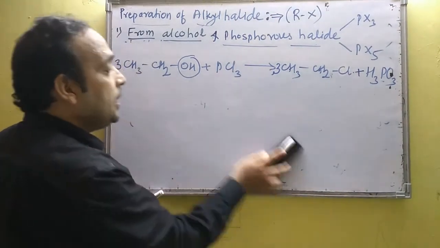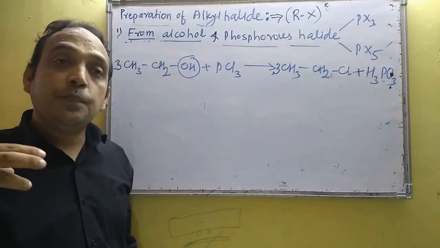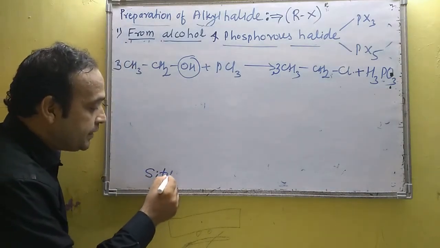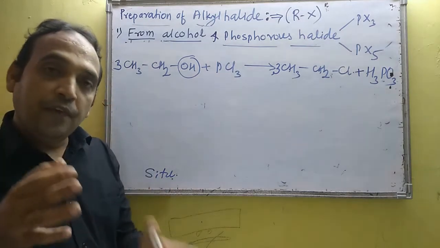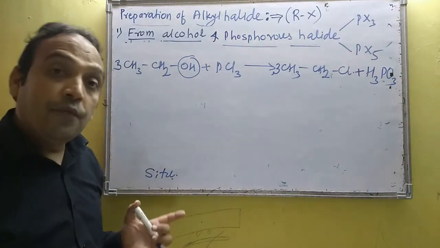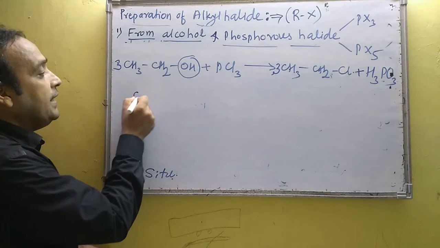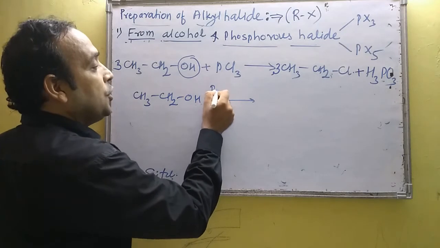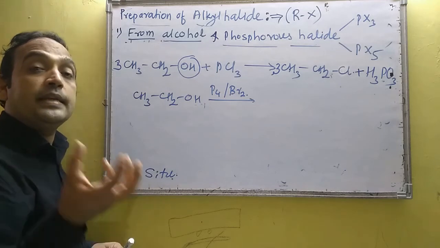Now suppose I have to use PBr3. We cannot use PBr3 directly. PBr3 is prepared during the reaction, and such reactions are called in situ reactions, in which freshly prepared reagents are required. For PBr3, we write CH3CH2OH, and on the arrow use red phosphorus and bromine. Red phosphorus in bromine is a brominating reagent.